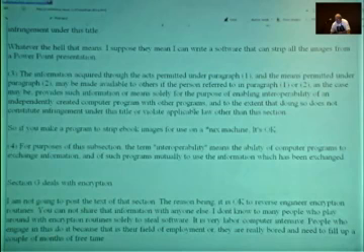The information acquired through these acts permitted under paragraphs 1 and 2 may be made available to others. Yeah. The same may provide such information or means solely for the purpose of enabling interoperability of an independently created computer program with other programs, and to the extent that doing so does not constitute infringement under this title or violate applicable law.